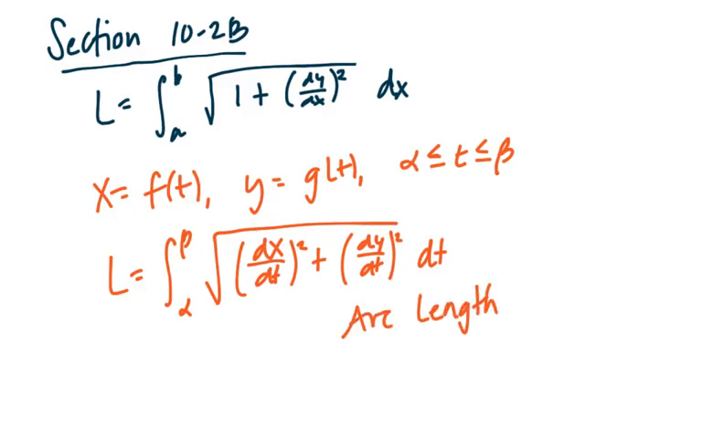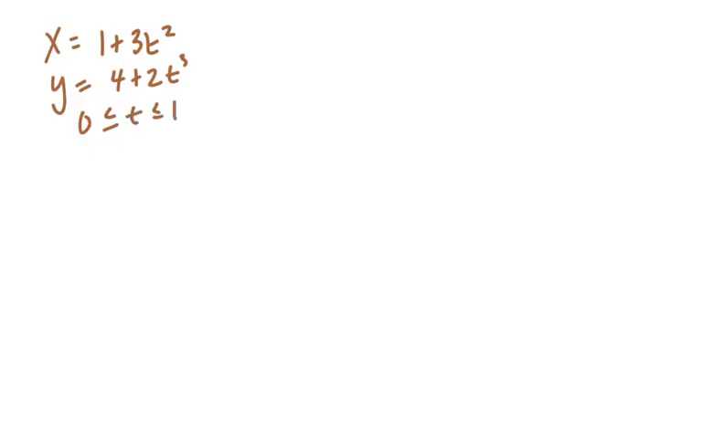The one in red is the one we'll be using. So let's look at a problem using this. The directions say find the exact length of the curve. And it says x equals 1 plus 3t squared and y equals 4 plus 2t to the third, and t is between 0 and 1 inclusive. So we start with dx over dt. Our derivative of x with respect to t is 6t. And then we have dy over dt,